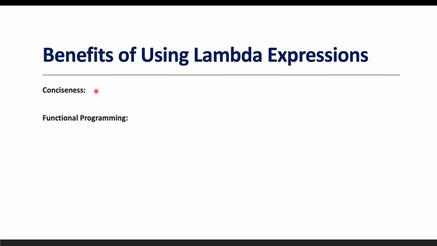The next benefit of using the Lambda expression is functional programming. Before Java 8, Java did not allow performing operations in a functional programming way. But using the Lambda expression, it provides the functional style of programming with the help of the implementation of a functional interface. Now, if the interface has only one abstract method, we need not create any class to provide the implementation of that abstract method. Instead, using the Lambda expression, we will be able to provide the implementation in one line itself.